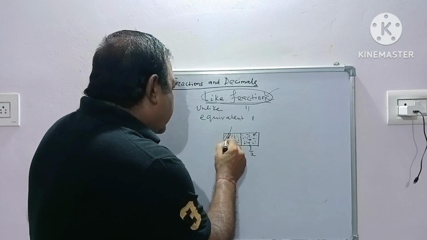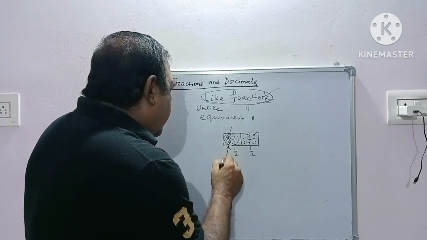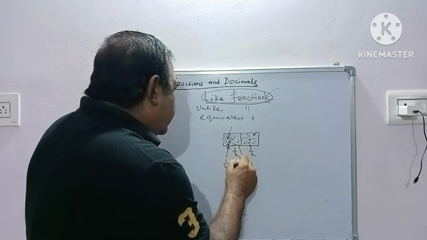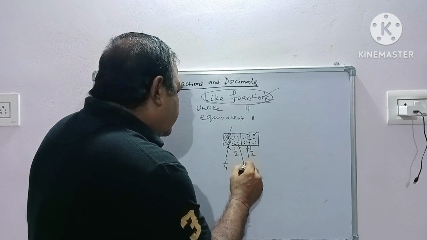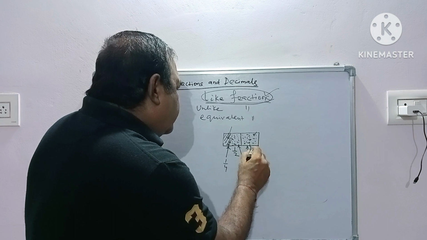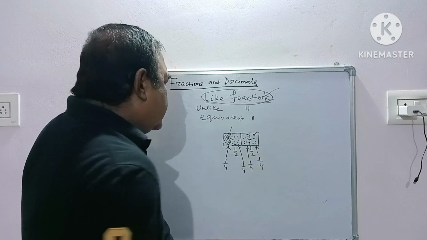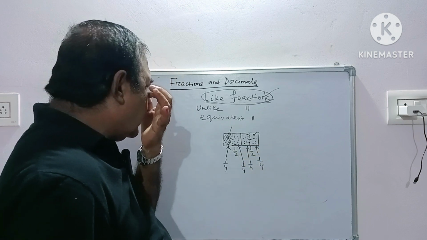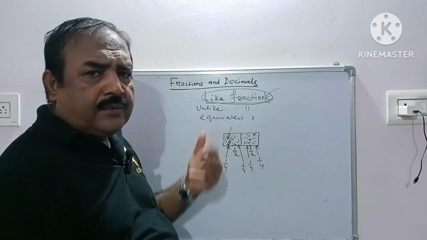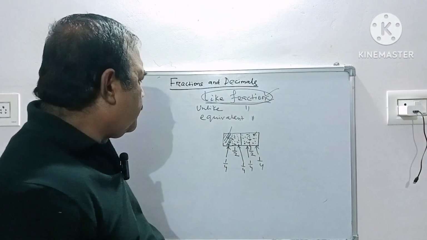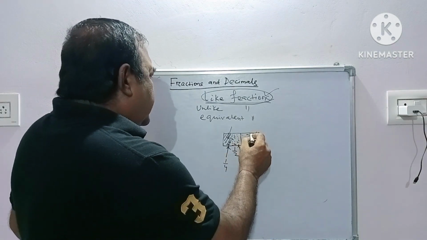Suppose I will take this part. So this is 1 upon 4, this part is 1 upon 4, this part is 1 upon 4, this part is also 1 upon 4. So how many 1 upon 4 parts are there in one piece of biscuit? Alright, there are 4 number of 1 by 4, yes. And I have to take 2 parts. So if I take this part,